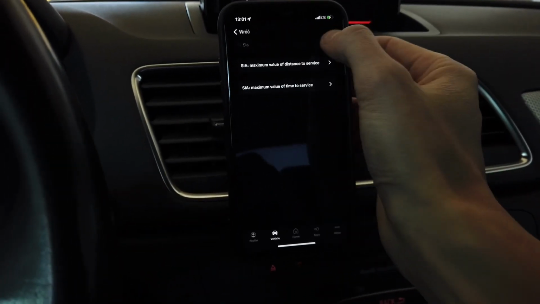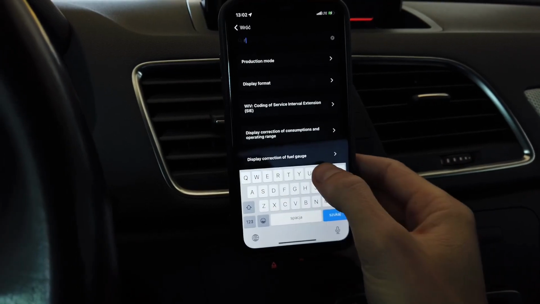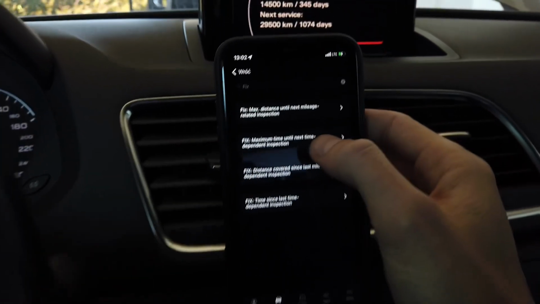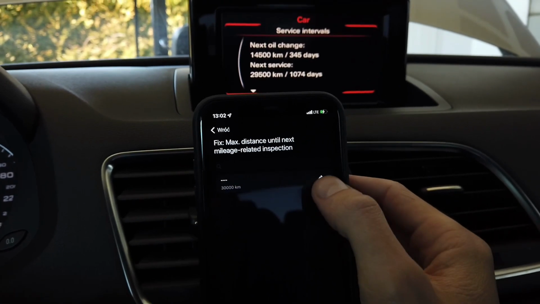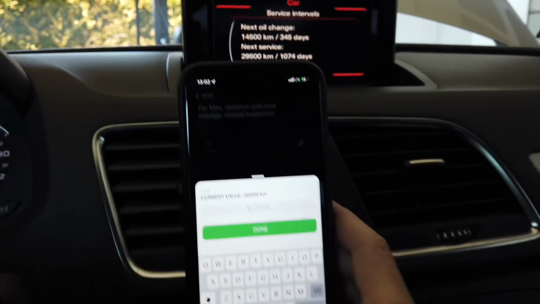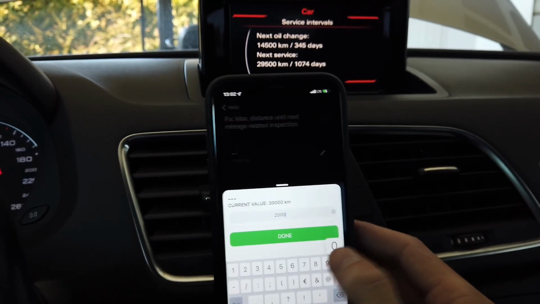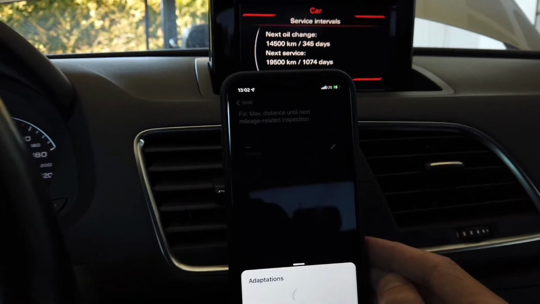And right now we need to do the same for the general inspection. So let's look for channel called fix, and we have maximum distance until next mileage related inspection, and we can change it to 20,000 kilometers. Let's slide to right,